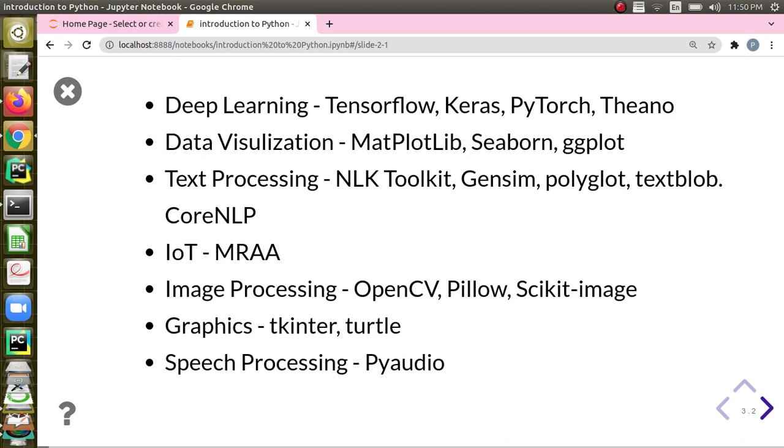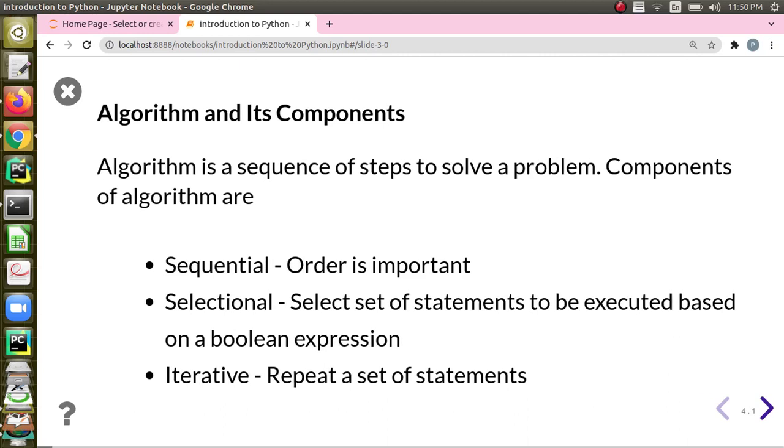Speech is a very popular way of communication. We have got PyAudio, and for video processing also we have got a lot of packages. Since we have got packages for all kinds of people, all kinds of research, the Python language has become more popular, right?